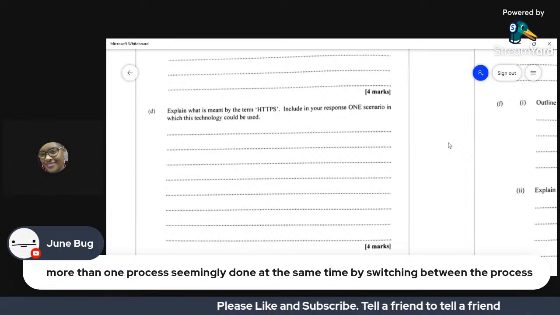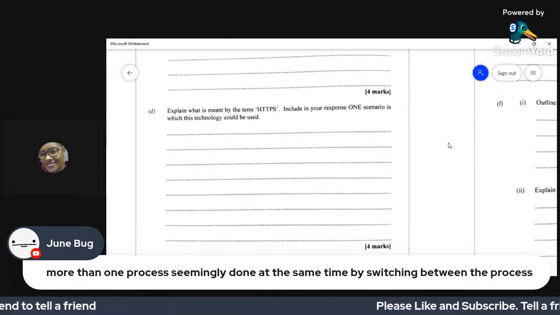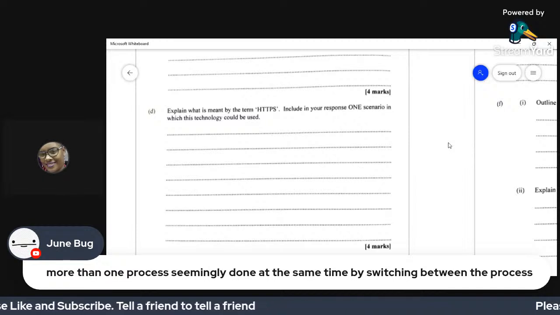All right. You would now have to provide a particular scenario where you would utilize this. So let's say, for instance, you have a particular site that requires persons to enter their personal information that can be used in identity theft.